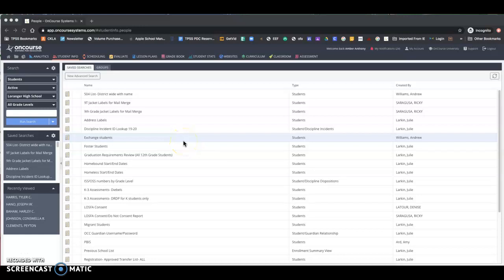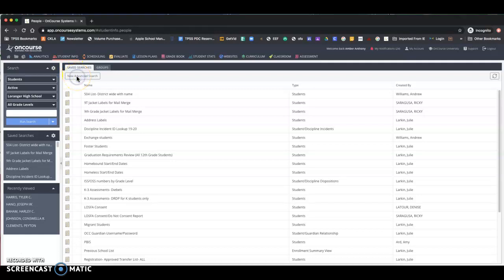Okay, I'm going to show you how to get an advanced saved search for a grade level's email addresses, for a particular grade level. So I'm going to go to a new advanced search. I'm under the people tab, so student info, people. Click on new advanced search,